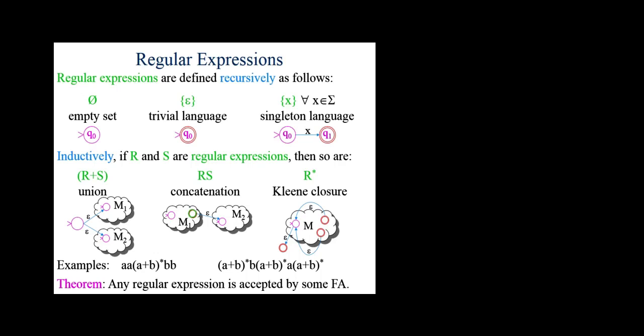Or alternatively, from the initial state of this super machine, you can just go directly to a final state and from there go nowhere, which means you also accept epsilon if epsilon wasn't already in the language accepted by the rest of the machine without this extra transition here. And so you're good. So this construction will accept the language denoted by the regular expression R star if the original machine, without these extra transitions, would accept the language denoted by the original regular expression R by itself, without the star. How many get this?